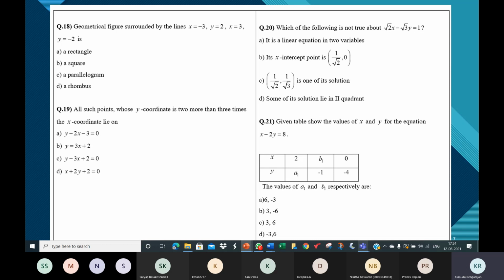I want you to also tell me the area of the figure. I want you to identify the figure, whether it is a rhombus, parallelogram, square, or a rectangle. Having identified that, also find its area. I think some of you said it's a square, then I heard rhombus, parallelogram.